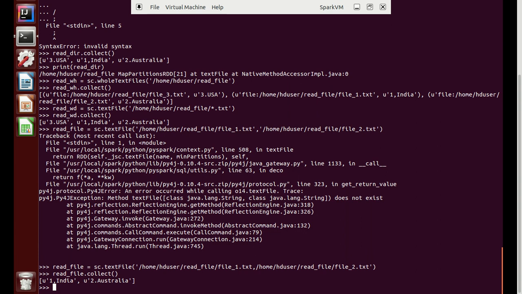One more thing regarding wholeTextFiles, you should always make sure your syntax is correct, because here the W is capital and it is text and files, but in textFile the t is small and it is file, whereas here the T is capital. So we need to see these two distinctions when we are working on wholeTextFiles as well as textFile.